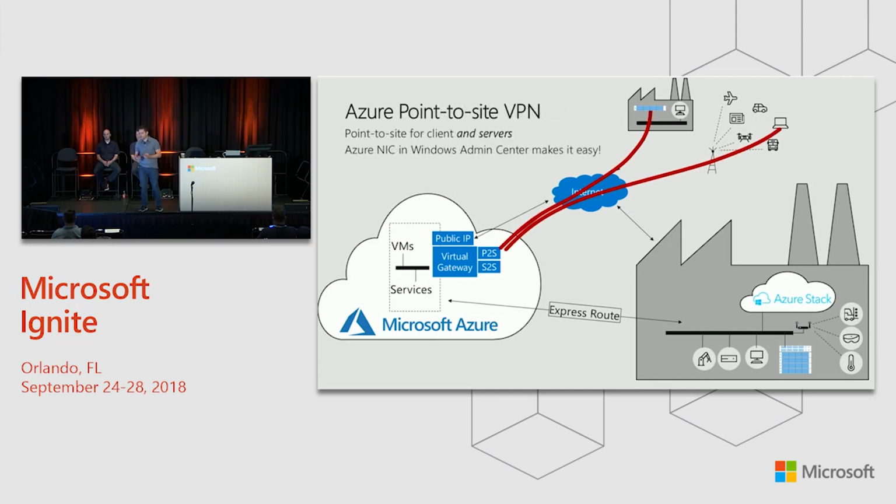So I'm really going to focus on those two connectivity options, starting with point-to-site VPN. Now, you normally think of point-to-site as your way of letting client machines connect in. But recently, we've been thinking, what if you have a server? You're a branch office. You have one server sitting there. You want it to be able to take advantage of other machines or even services like Azure Files that are running in your Azure virtual network. But you don't want to set up a full site-to-site endpoint, where you have to have an appliance running just for one machine or a handful of machines. And you're certainly not going to pay for an ExpressRoute circuit to go all the way there.